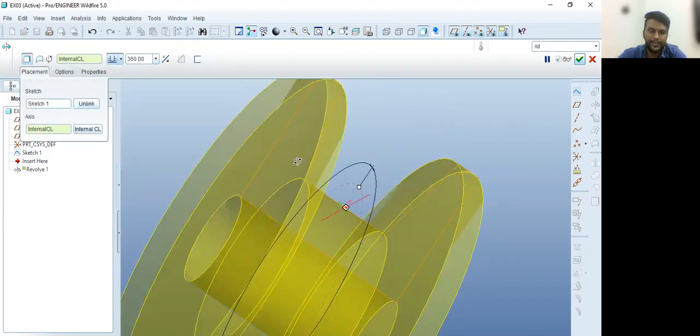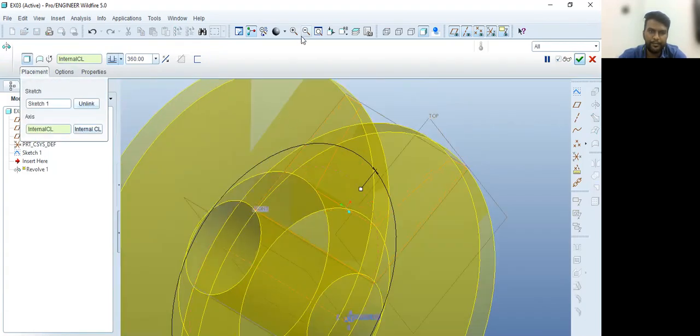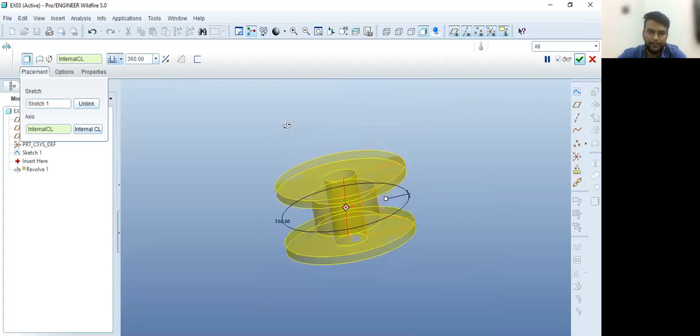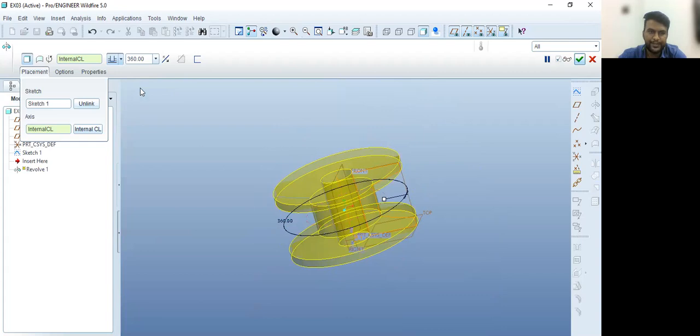Once you select the sketch, your diagram is revolved, and you can see here the angle of revolution is 360, and here three different options for the extrusion. Extrusion means converting 2D into 3D, adding the material.